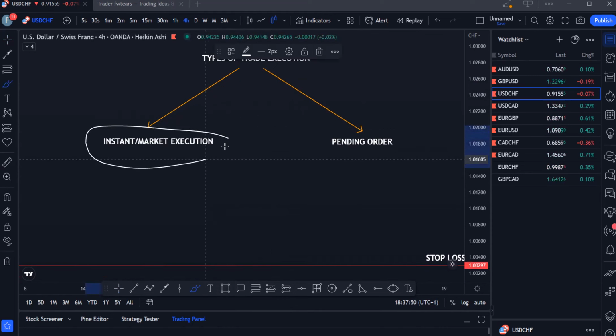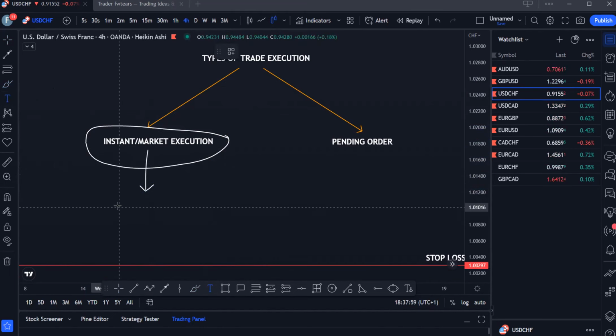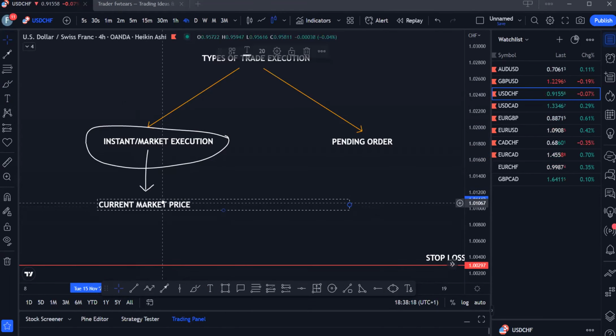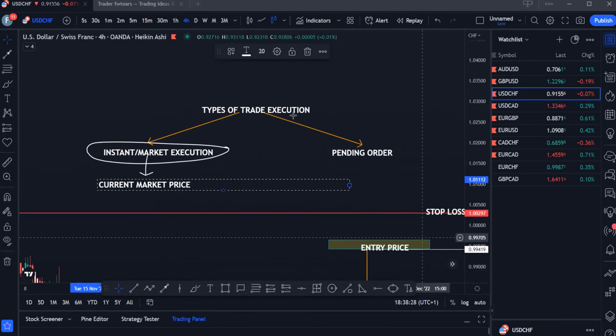For market execution, it means that you want to enter a trade at the current market price. So let's say you see an opportunity to buy USD CHF. You want to take that buy at the current market price. That means Tentrade, which is a broker, will put you into this trade at the current market price. Right now, the current market price of USD CHF, let's check it out, is